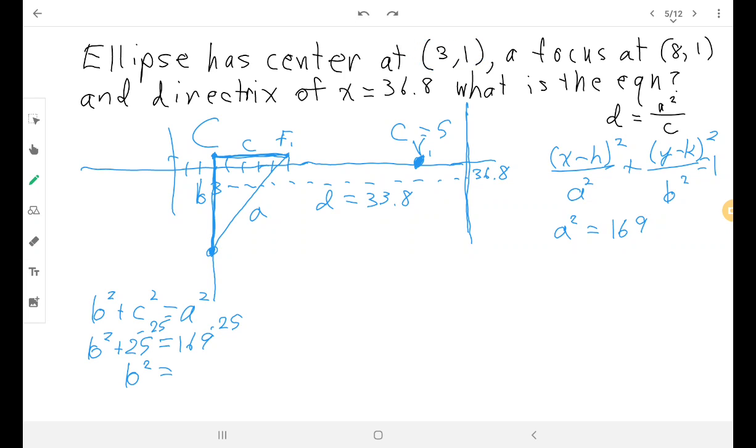I was told the center. Now sometimes you might have to calculate the center, and if I do 169 minus 25, you'll find that comes out to 144. So B squared equals 144, and the puppy approves,